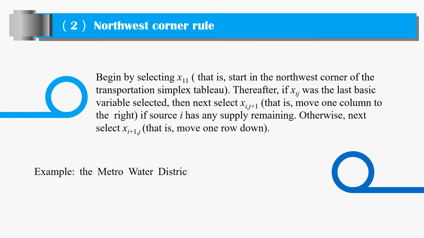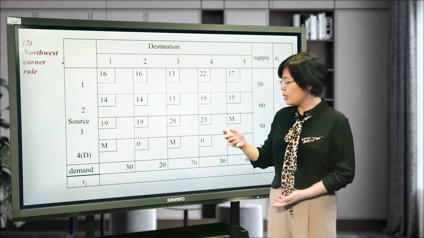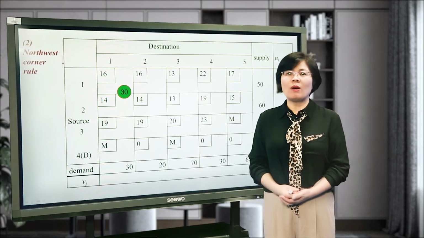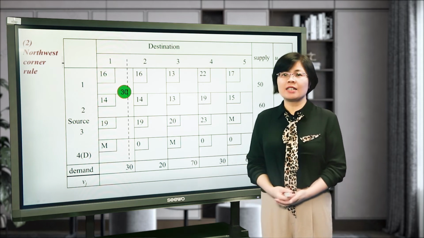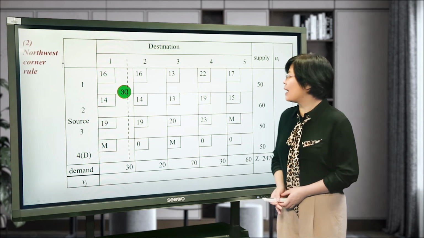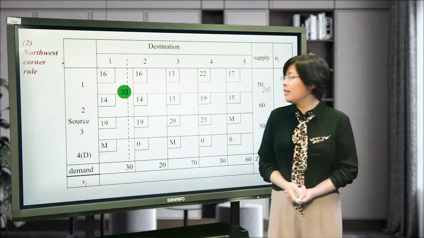Okay. We also use this example to illustrate this method. This is the parameter matrix of the problem. The first allocation is x11 with 30, which exactly uses up the demand in claim 1. So we eliminate this claim, leaving a supply of 20 here. Then we select